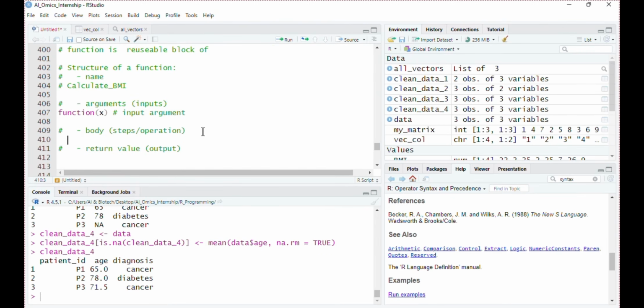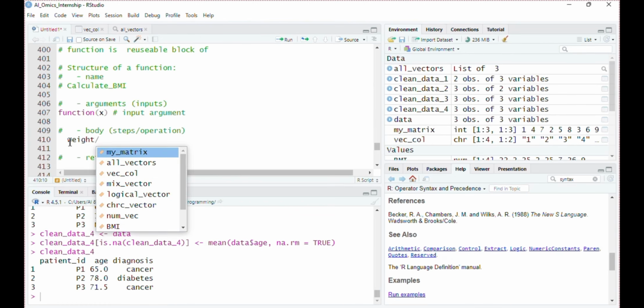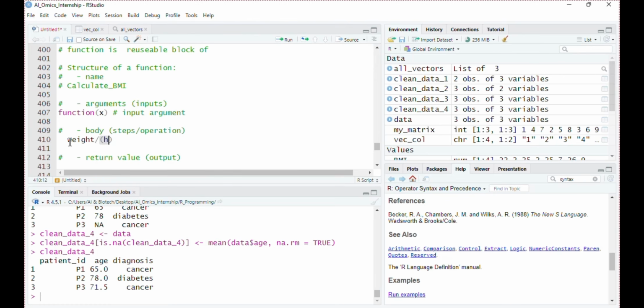Like in case of BMI calculation, we want to calculate the BMI of the individual. So in this case, we have the function that is weight divided by height squared of the individual. The body, or the statement operation steps, are enclosed in the curly brackets of our function.